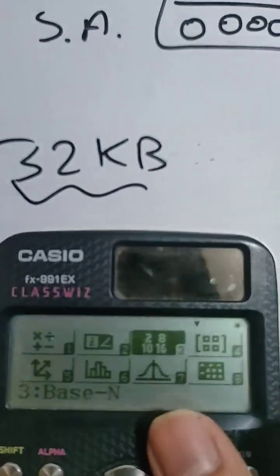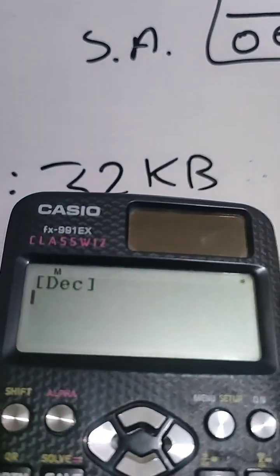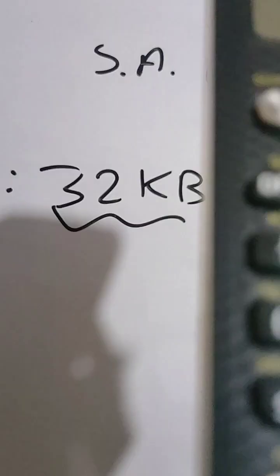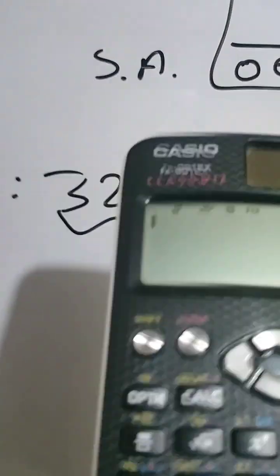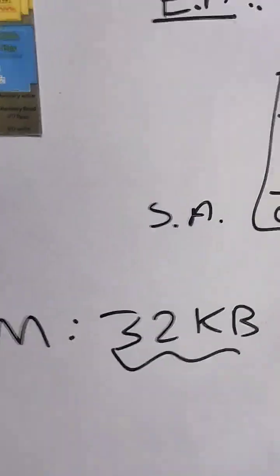Like in my case it's just here. See this third one here? That is my base n mode. So I go in that, and now we need the decimal number first, no? So before going into the base n mode, I want to calculate the value of 32 KB, right? So 32 can be written as